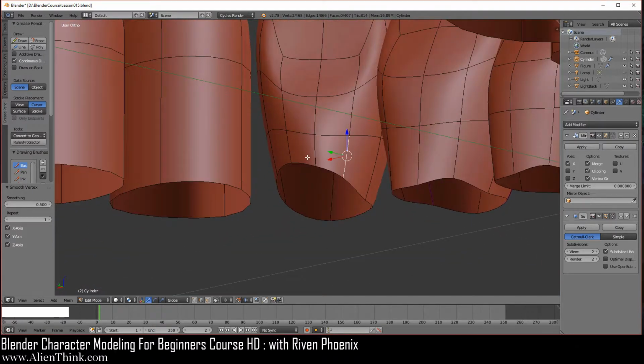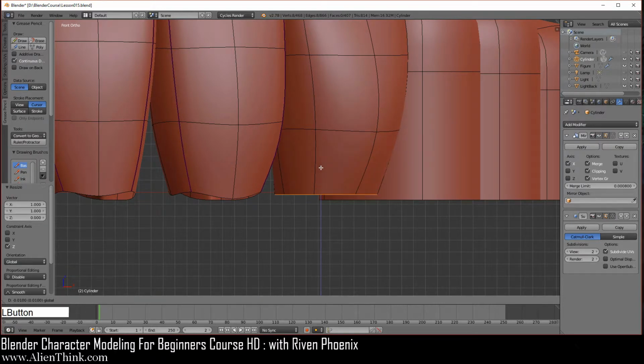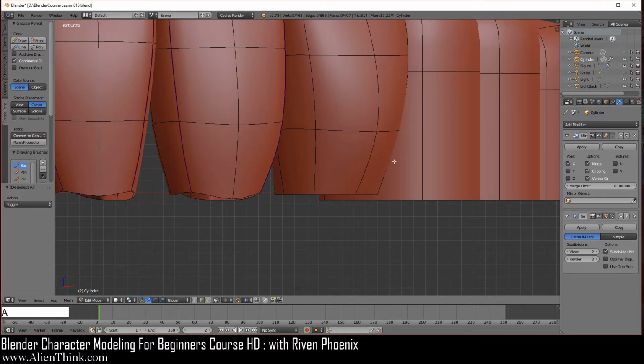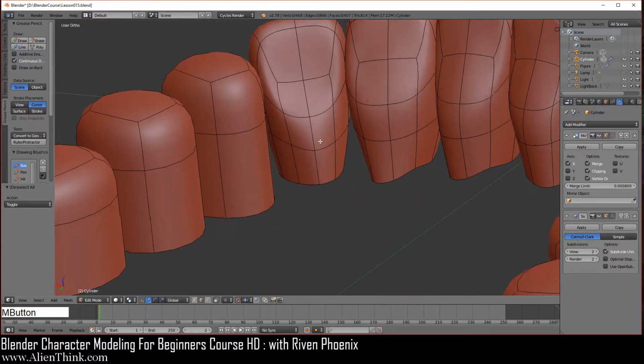So you see how this messes this up, and that's fine. We're just going to Alt and click on this, go to the front view over here, and you can see that we're on global, so we can scale this on the Z axis. So press the S key, press the Z key, and just press in 0 and enter, and just bring this down one time over here. Okay, so right now we're just going to leave it like this. Okay, so do Control 1 over here to go back where we were.